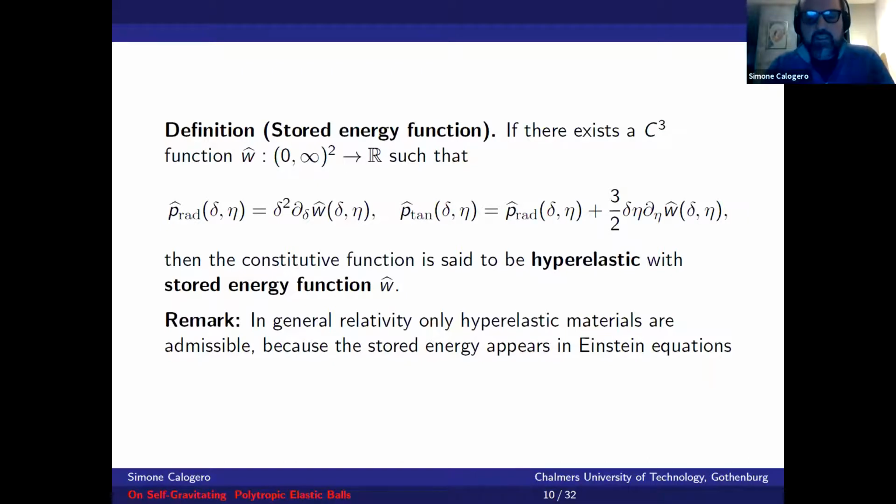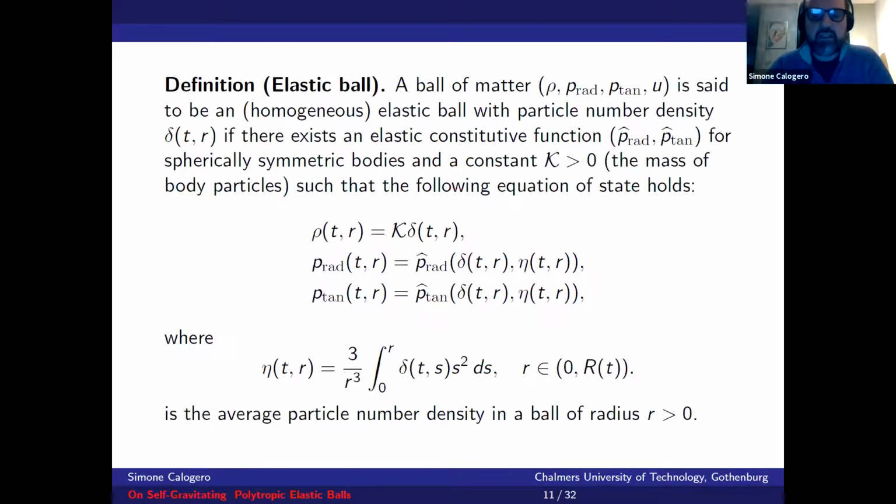And so now these are just the definition of a constitutive function, the general definition, and a particular case of a hyperelastic material. So now let me say what it means that a ball of matter is an elastic ball of matter. Well, a ball of matter, which I said is described by these four Euler state variables, is said to be a homogeneous elastic ball with particle number density delta if there exists an elastic constitutive function as defined before, and a constant capital K, which would be then the mass of the body particle, such that the following